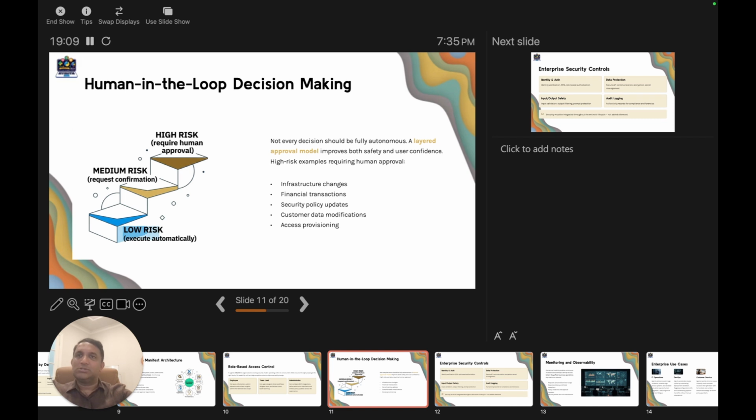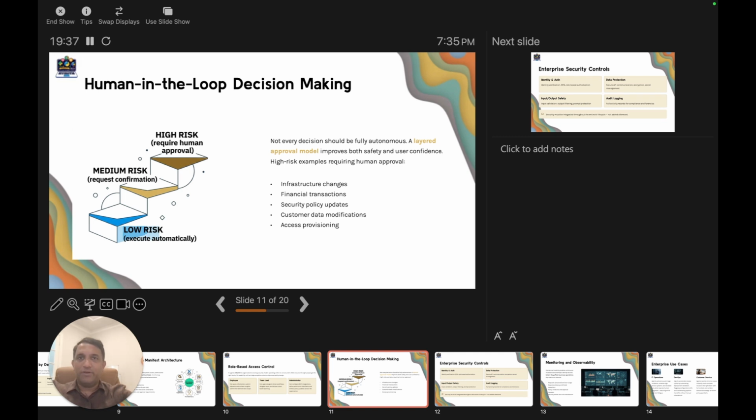So what does that do? What goes in the high risk bucket? Infrastructure changes, financial transactions, security policy updates, customer data modifications, access provisioning. These are the few decisions where the cost of being wrong is very, very high. So a human stays in the loop. This layered approach does two things at once.